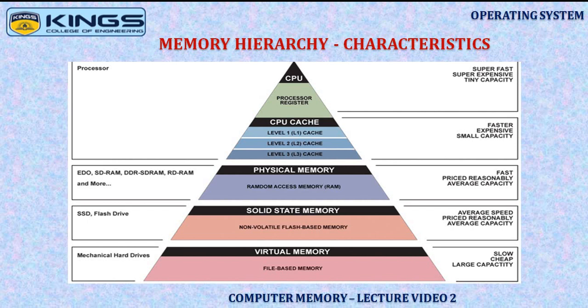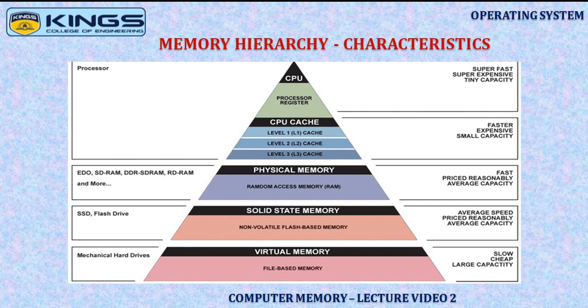It is based on the locality principle. Things which are closer to us, we can access very fast, and things which are farther from us, we take more time to access. So the memory units which are closer to the CPU can be accessed in less time, and whichever is farther behind the CPU will take more access time, to put it simply.